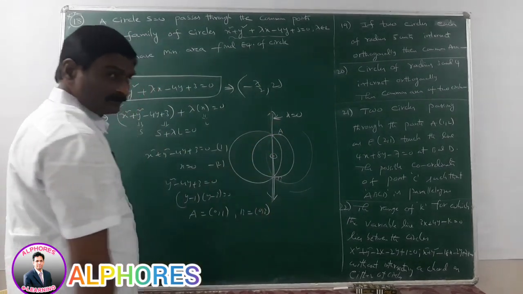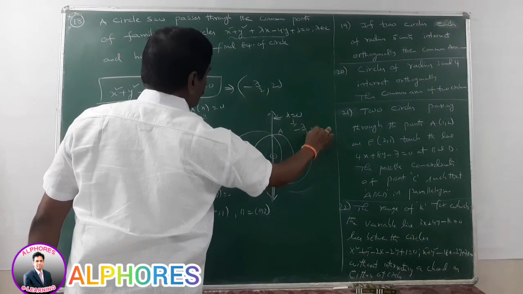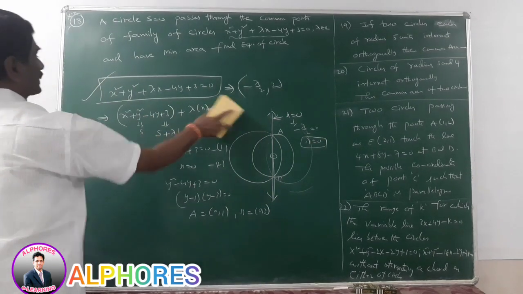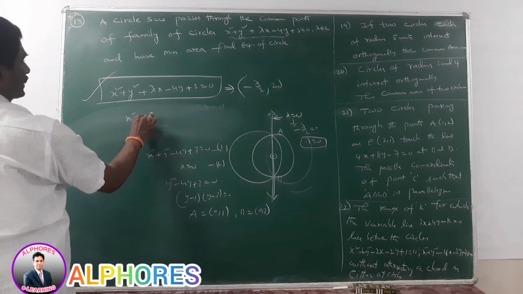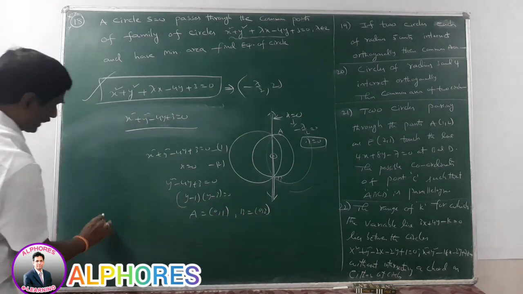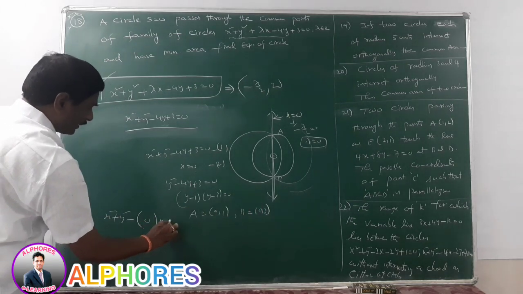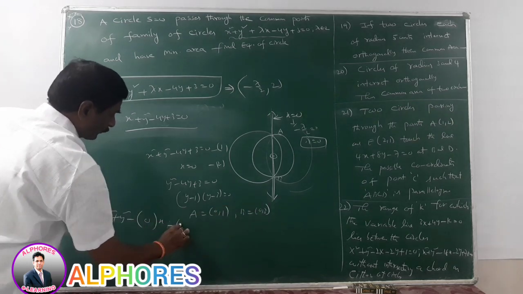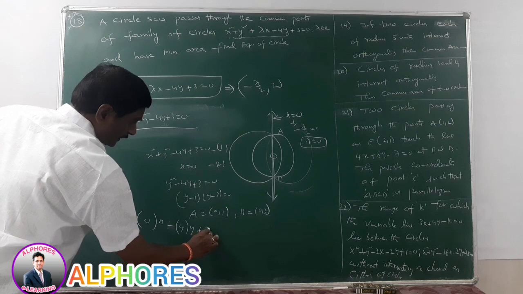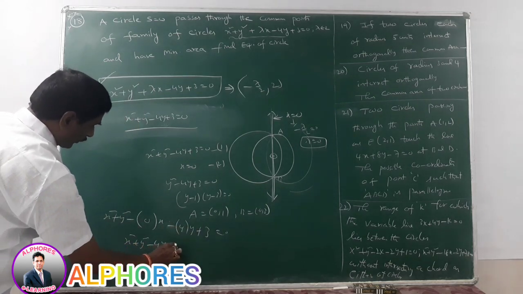It is nothing but the line x is equal to 0. By substituting these values in this equation, minus lambda by 2 is equal to 0. That means lambda is equal to 0. Put lambda is equal to 0 in this equation. We get the equation of the circle as x square plus y square minus 4y plus 3 is equal to 0. In this case, the equation of the circle is x square plus y square minus (x1 plus x2, which is 0) into x minus (y1 plus y2, which is 4) y, plus x1 x2 plus y1 y2, which is 0 plus 3. That means the equation of the circle is x square plus y square minus 4y plus 3 is equal to 0.